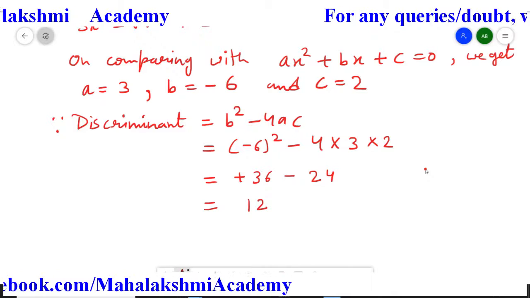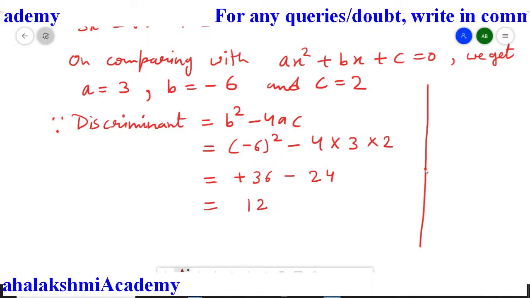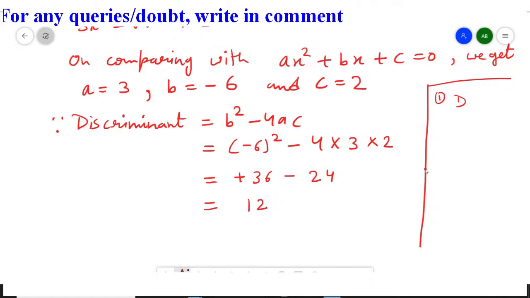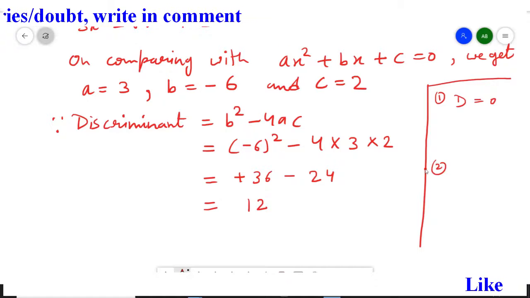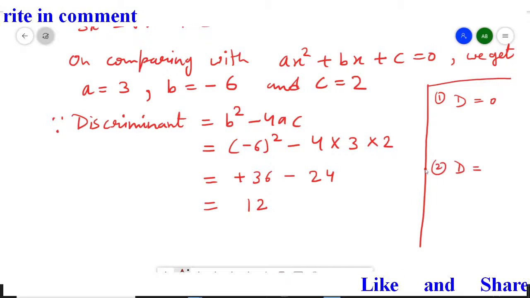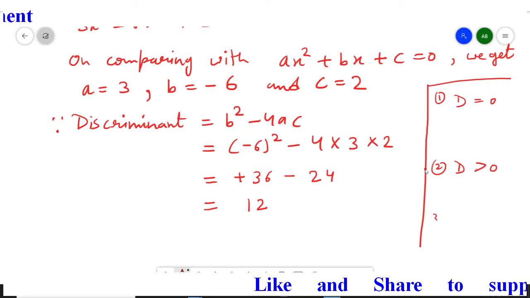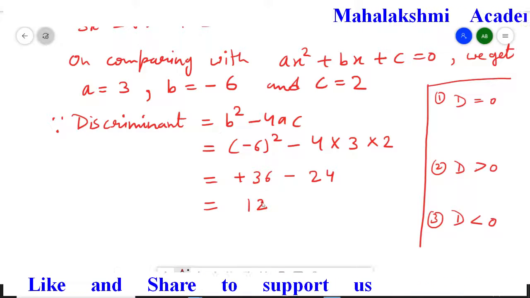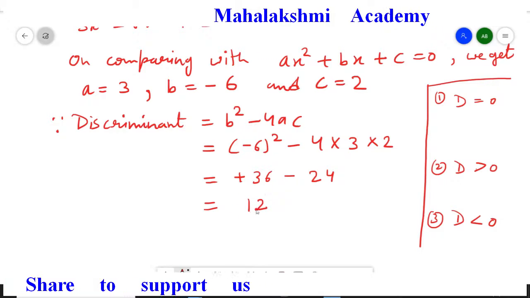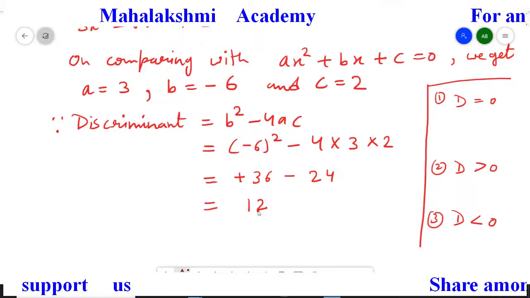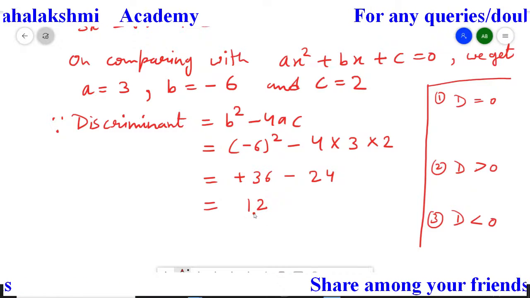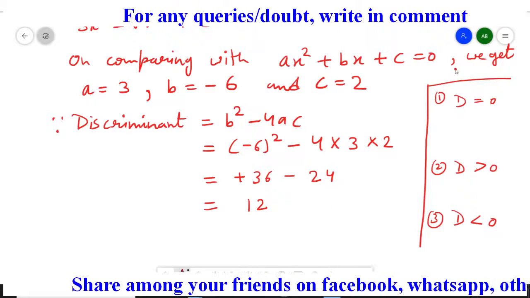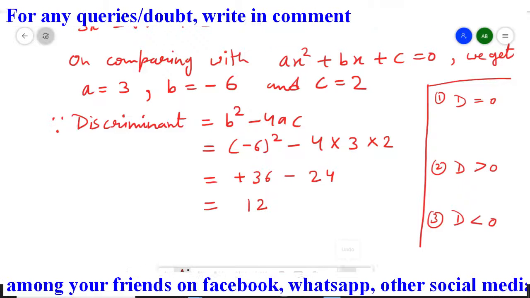Now, in my previous video I already gave you the three options: one is D equal to 0, the second option is D greater than 0, the third option is when D is smaller than 0. So after finding the discriminant, whatever answer comes, you have only three options: either it's going to be 0, or greater than 0, or less than 0. So just now, which option did we obtain here? Greater than 0. So this is our case, but I am writing, if you get 0, then what your answer is going to be, that I am writing here once.